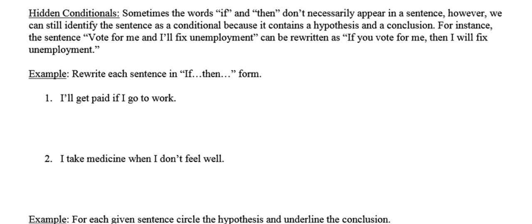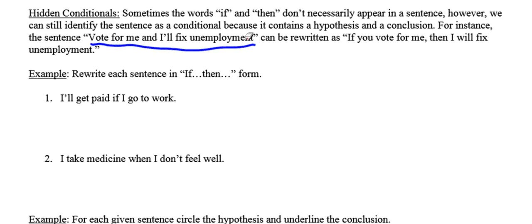A hidden conditional is a conditional that's implied but not necessarily spoken straightforwardly. In other words, sometimes the words if and then don't appear in a sentence, but we know the sentence is still a conditional. So for instance, vote for me and I will fix unemployment. It's understood that that really means if you vote for me, then I will fix unemployment. So again, even though there's no if and then in the original sentence, it's understood that that's really truly